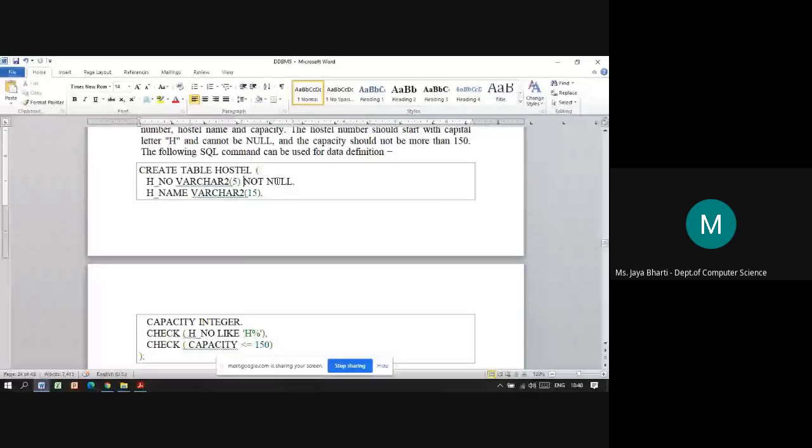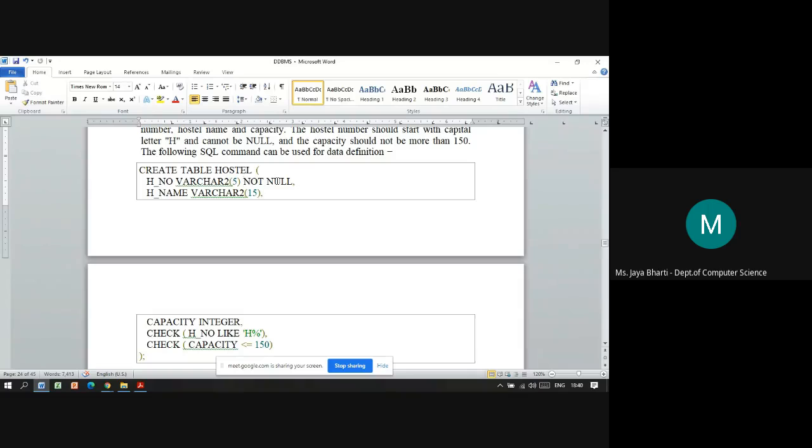You can give the entire text like hostel name without any spaces, or you can write h underscore name or h name. It should be logical, and you are supposed to give it without spaces. Underscore is allowed.